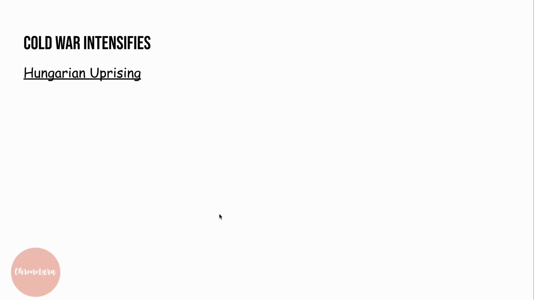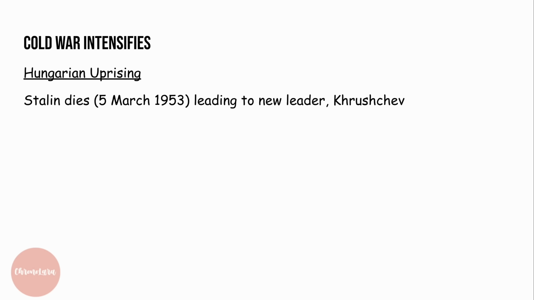Hungarian uprising. Now, Stalin dies on the 5th of March 1953. This leads to a new leader called Khrushchev. Khrushchev hates Stalin. He has this project called de-Stalinization, which gets rid of any Stalinist policies, monuments, etc. Now, this gives people hope that there will be a bit more freedom in the Soviet Union and they'll finally